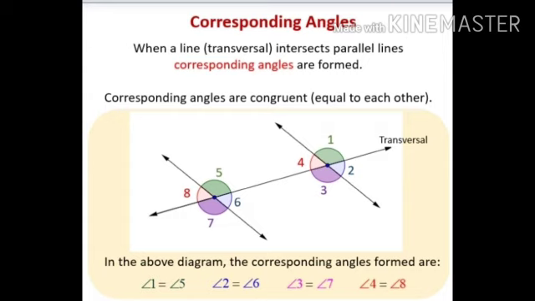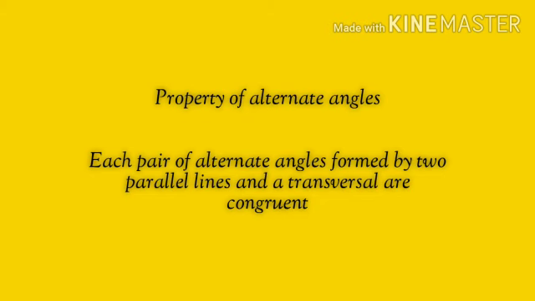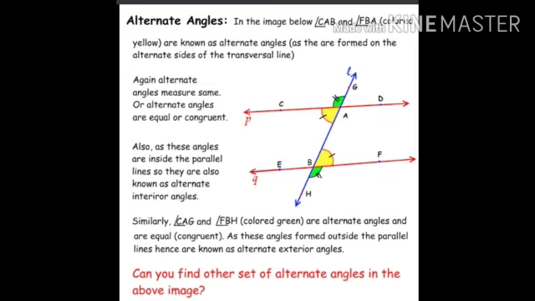Now, according to the property of alternate angles, each pair of alternate angles formed by two parallel lines and their transversal are congruent. Now, look at this figure. Here, line P is parallel to line Q and line L